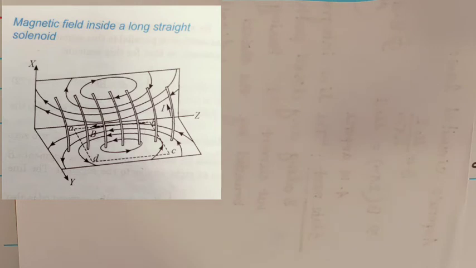The magnitude of the magnetic field in the interior of a long solenoid can be calculated by using Ampere's law. From this figure, we choose an Amperian loop in the form of the rectangle ABCD. Every time we have to choose one Amperian loop to calculate magnetic field. Remember this point. So here also from this figure, we choose an Amperian loop in the form of the rectangle ABCD.